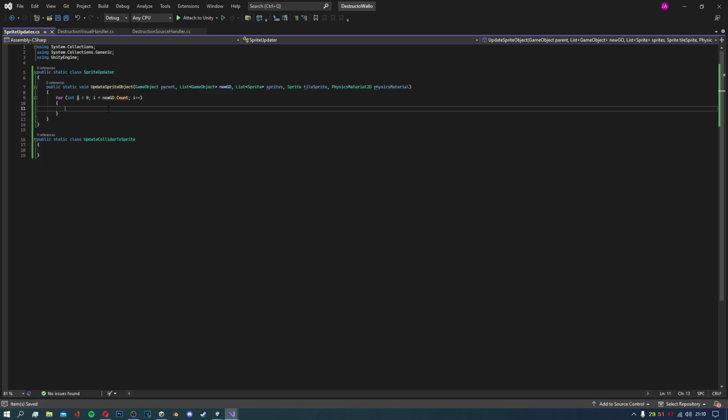So now that we've got our for statement, we're going to go ahead and update our new game object. So let's go new game object, and we're going to do brackets, the squared ones with an I in the middle, because then that will get the number that it is inside the list, because they'll all be added in a sequential order, and then you can just use the I to pick out which one without it being random. So let's do new game object dot get component